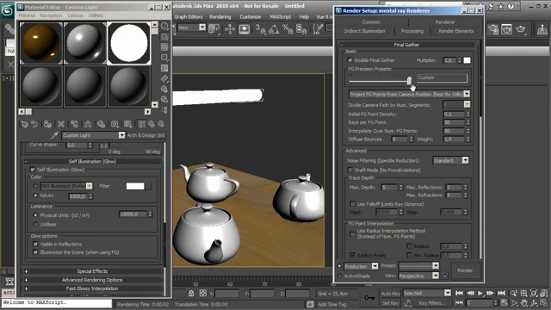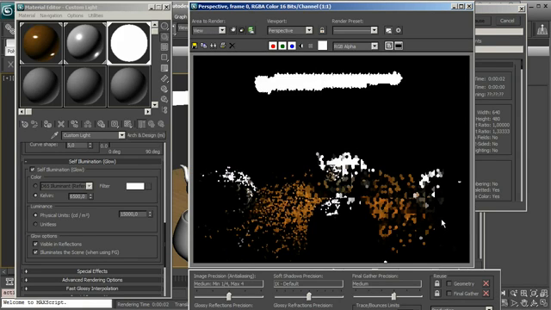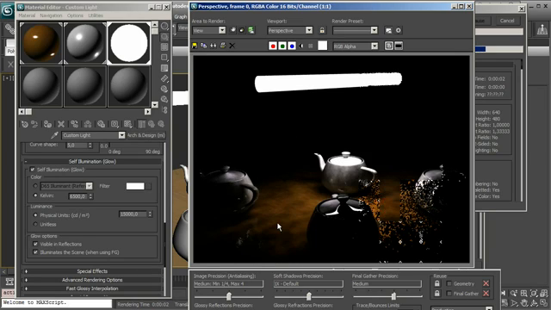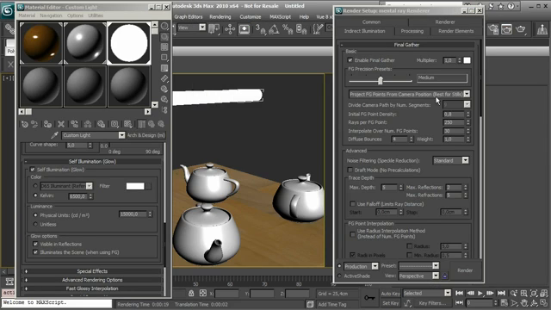And let's start also to change the parameters. So we're inside a room, so we can use, for example, 4 diffuse bounces and medium. And you see that we start to have illumination inside our scene. It is really grainy, but that's just about the Final Gather precision. So for example, we can use